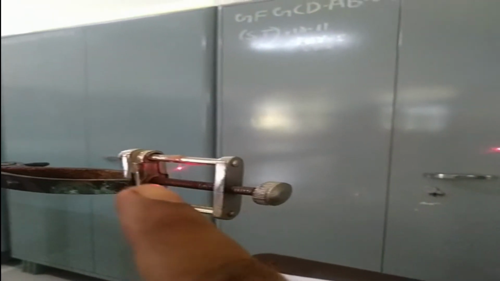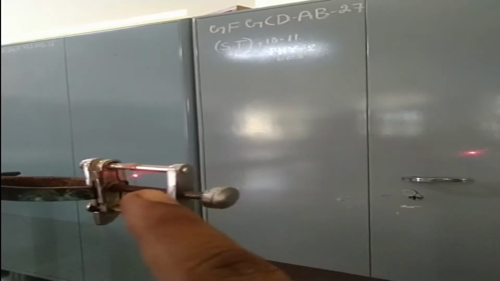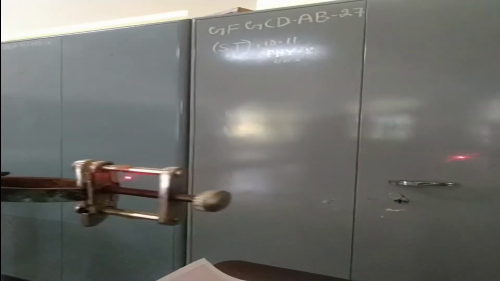So already the light spot is allowed to fall on the thin hair line. It is showing like a bright spot. At that hairline only the diffraction of laser light takes place. In front of that hairline there should be a screen. Instead of the screen, this wall surface itself is considered as screen here. So we can observe that the laser light is diffracted on the hairline and the diffraction spots are seen on the wall or screen, we can say.